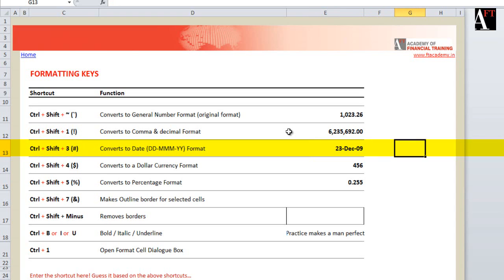Now if I enter a date here which is not in DDMMYY format, then you can note that Control Shift 3 does not work in this case and I am not able to get the date. However, if I write the same date as 15/12/2003, you can note that Control Shift 3 allows me to quickly change the date to the desired date. Your calculations may not be correct if you enter the date wrongly. So this shortcut allows you also to quickly check whether your dates have been entered properly.